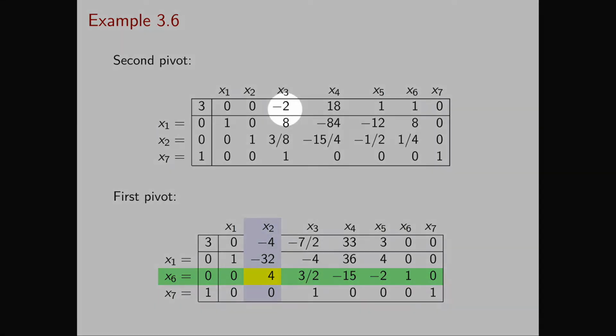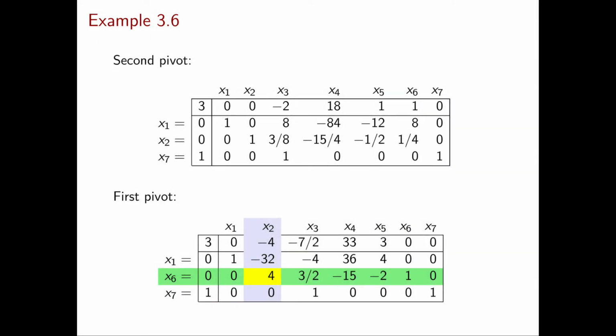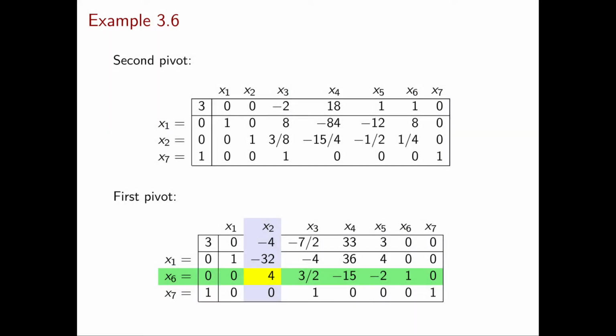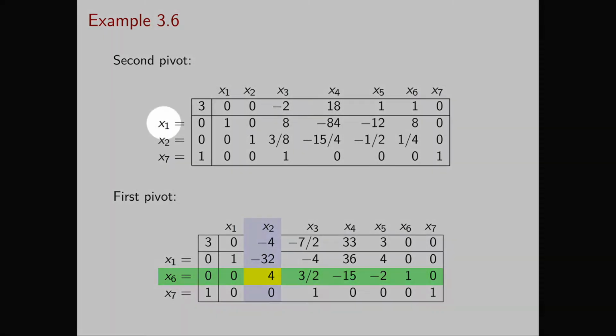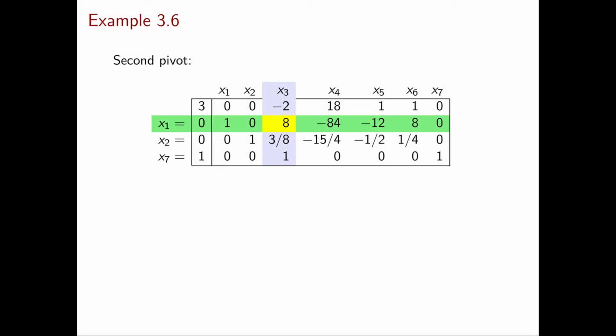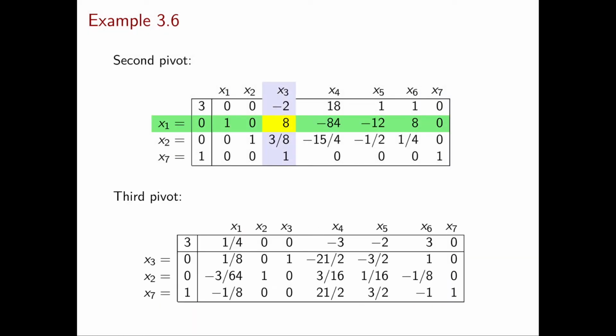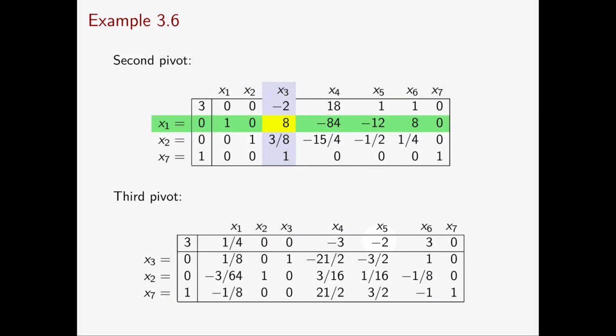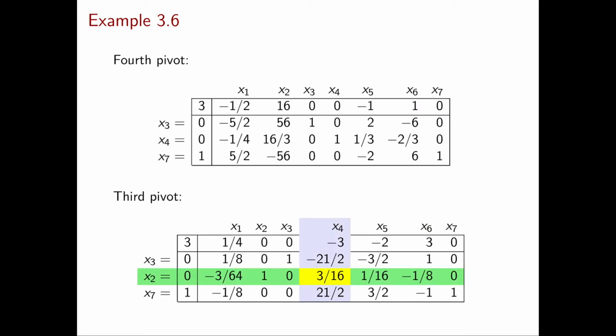If you perform the corresponding elementary row operations, you obtain the tableau above. Now I have only one negative reduced cost, so x3 will enter the basis. The smallest ratios are now given by x1 and x7 because they're both zeros, and the tie is broken by having x1 leave the basis. If you perform the elementary row operations, you obtain the tableau below. Now I have two negative reduced costs, -3 and -2, so I will have x4 enter the basis, because -3 is the smaller of the two. When I compute the ratios to determine theta star, the smallest ratio is 0, which is given by x2, so I will have x2 leave the basis. Next, I obtain the tableau above.